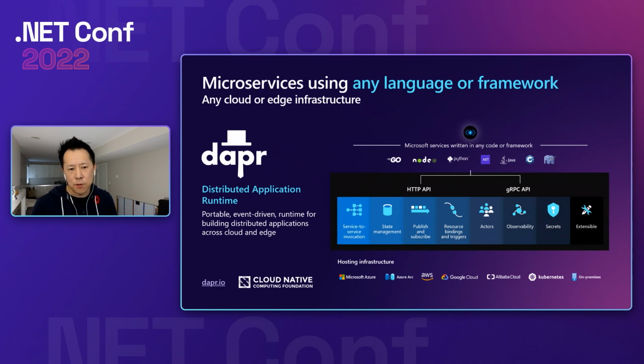And I also mentioned that Dapr is built into Azure Container Apps. And you don't have to use this. It's optional. You can see that the application that I deployed did not use Dapr, and it still worked. But Dapr is a nice little toolkit or runtime that simplifies a lot of the things that you might want to do when you run microservices. So things like service-to-service invocation, state management, and pub/sub are all provided by Dapr.